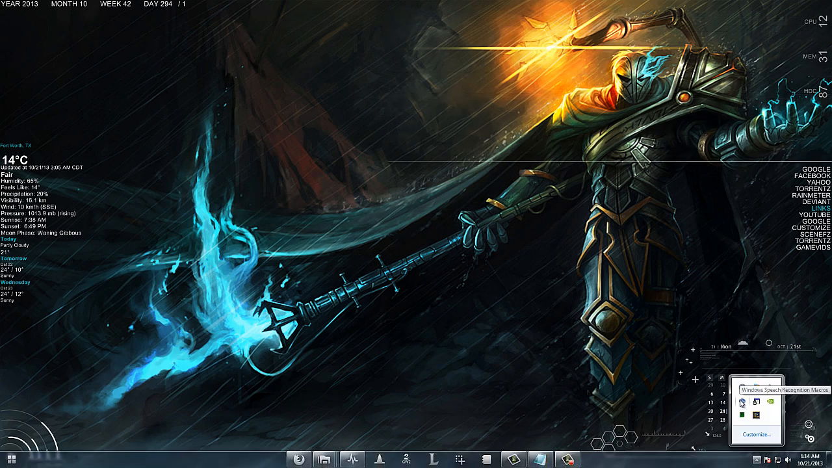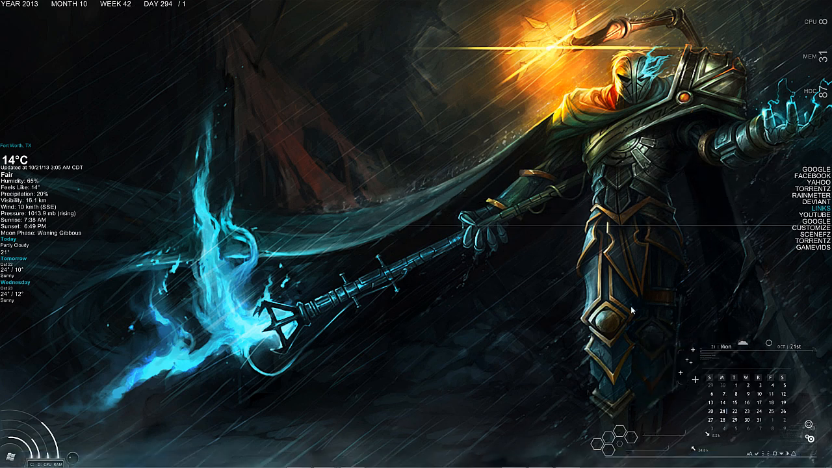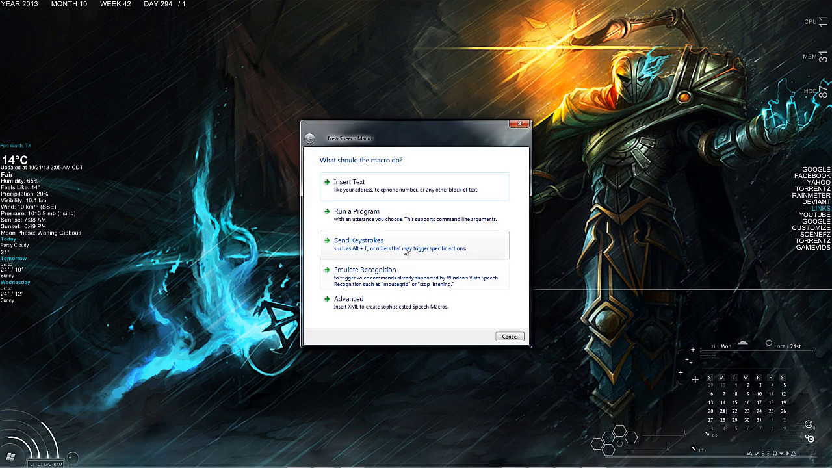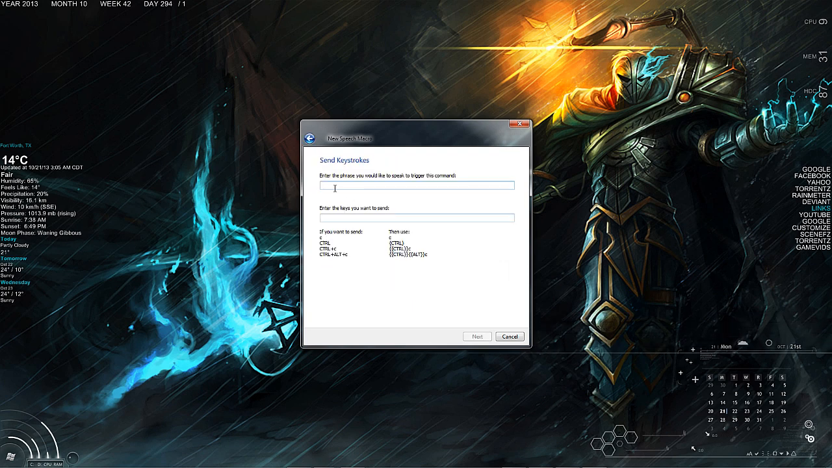Come over here and right click again, new speech macro, then go to send keystrokes. Alright, enter the phrase, same as always, whatever you want the microphone to listen for. For me, I'm just going to do Jarvis, turn it up. Okay, now the way this works is it uses keyboard shortcuts. Now the keyboard shortcut to turn it up is Control plus the up arrow. That will turn it up, so